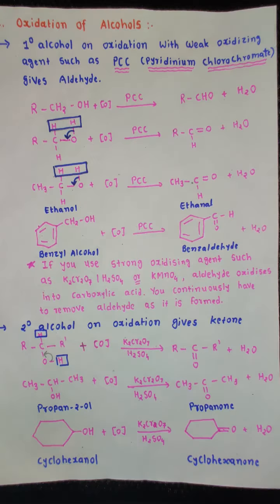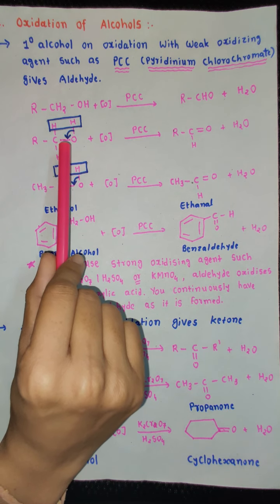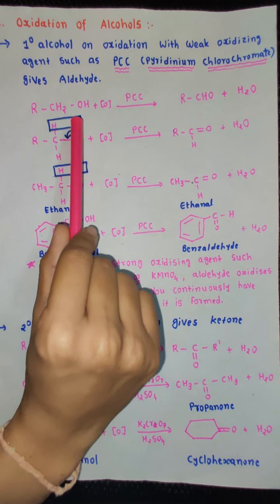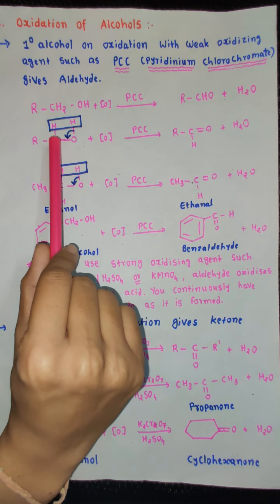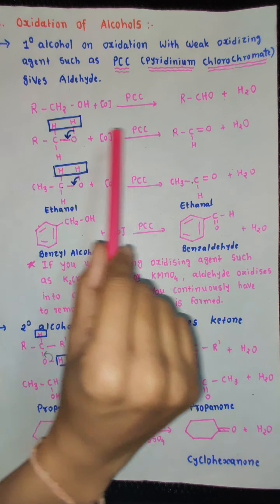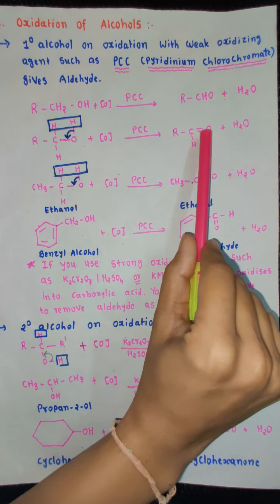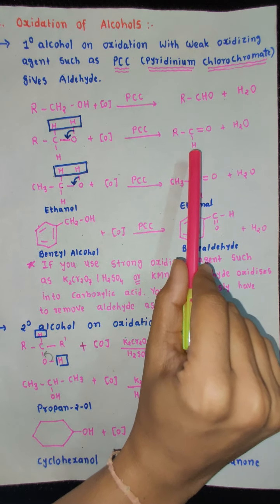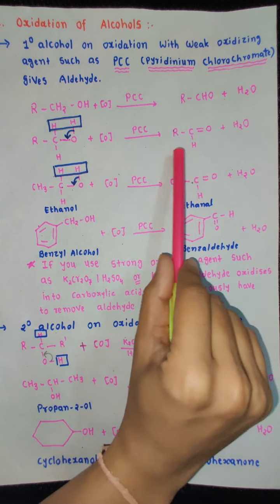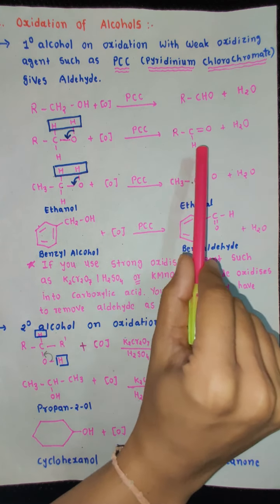Now how did this happen? As you can see in the expanded form of the equation, one hydrogen from the carbon atom and one hydrogen from the oxygen atom are being eliminated, and these two hydrogen atoms along with oxygen leave in the form of a water molecule, and we know that removal of hydrogen is nothing but oxidation. Now the electron between oxygen and hydrogen shifts between the carbon and oxygen atoms, and hence we get a double bond between carbon and oxygen atom. So ultimately the primary alcohol gets converted into aldehyde. Now keep this in mind, this aldehyde has the same number of carbon atoms as your parent alcohol.